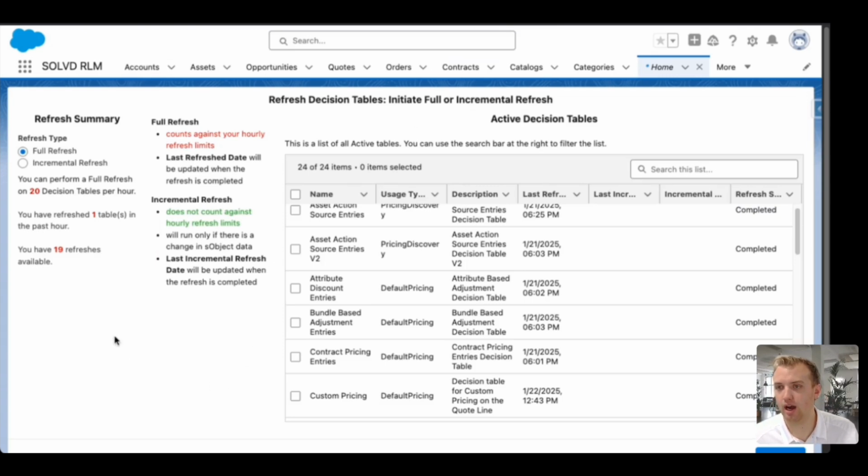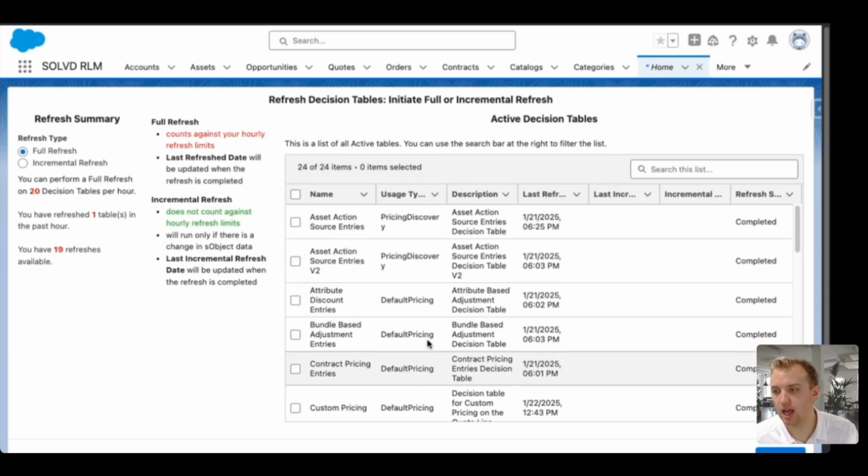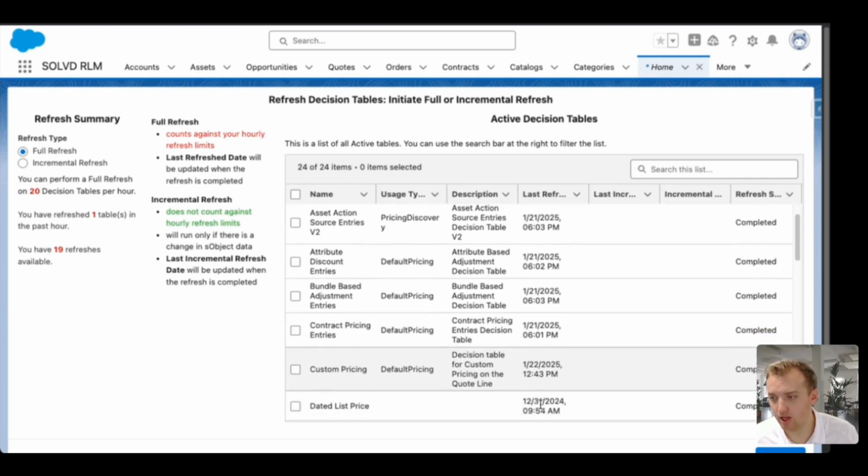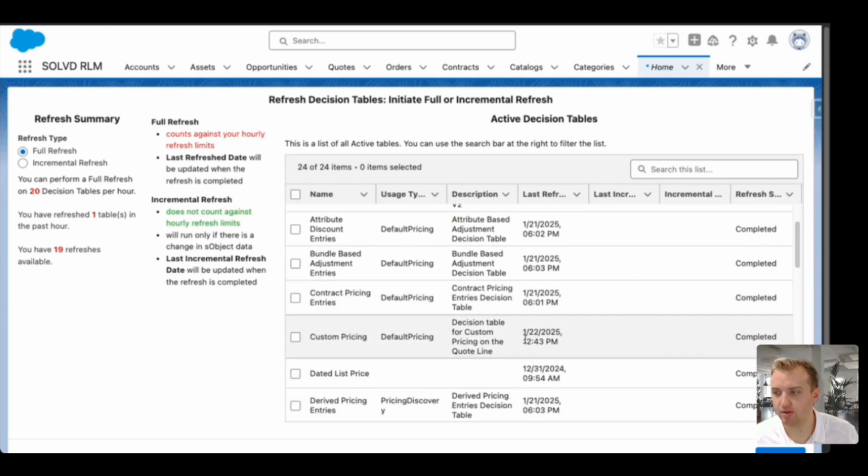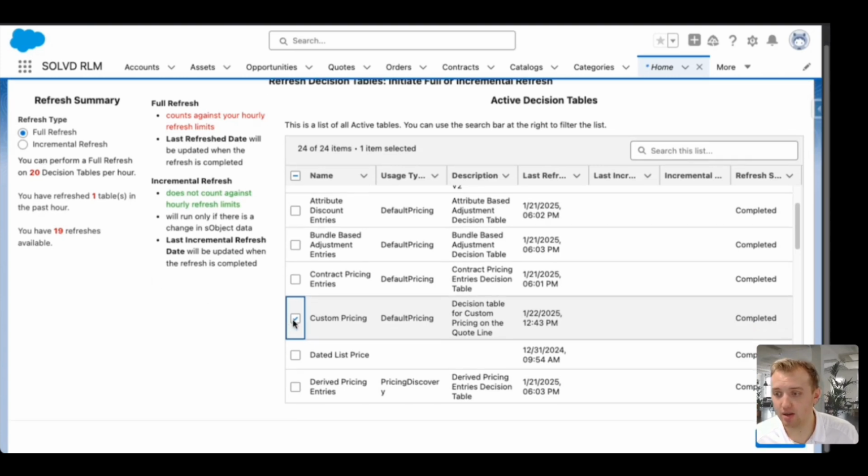If I navigate to our home screen of our application, we have a screen flow that we have put together. From this, you can choose a full refresh and visualize the active decision tables available. From these active decision tables, you can also see when they were last refreshed to understand, do I need to refresh this table? In the example of the custom pricing one that I just refreshed, it has not completed its refresh yet, but this is an example where I could come in, choose this table, and click refresh, and it